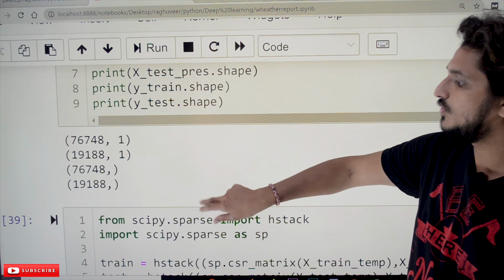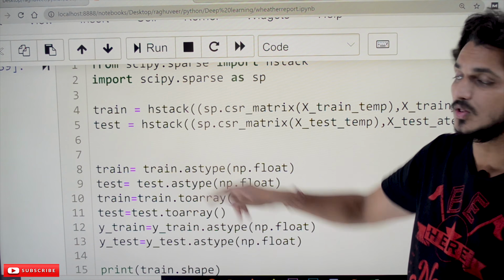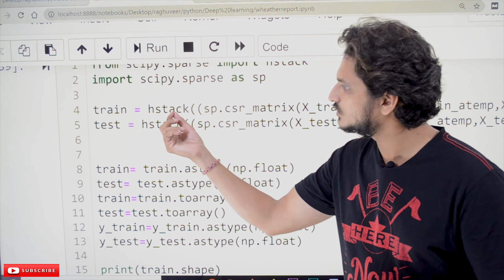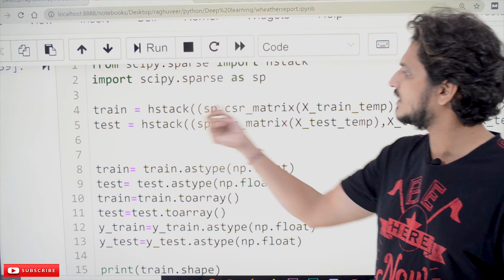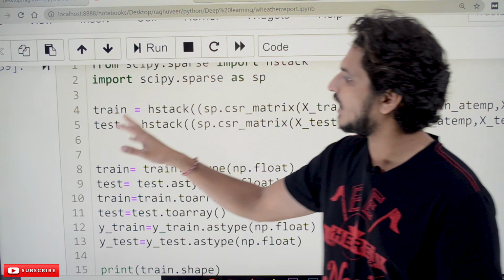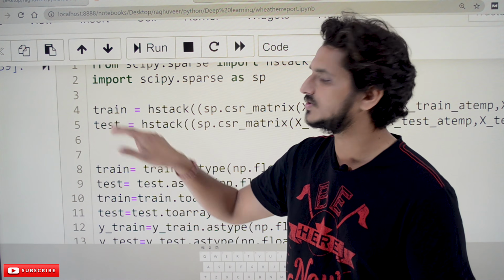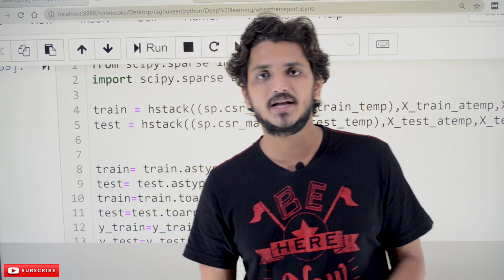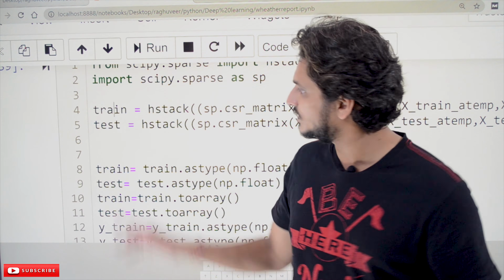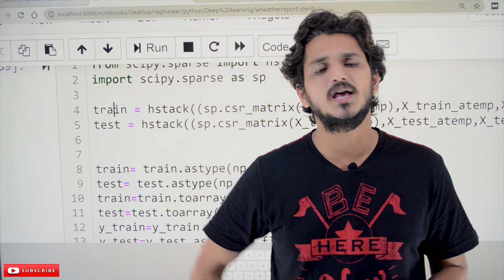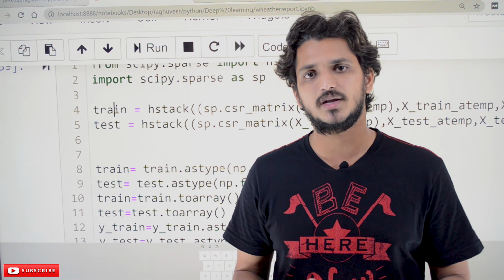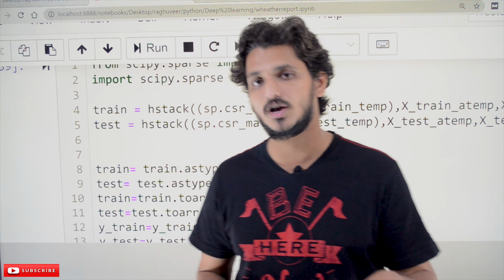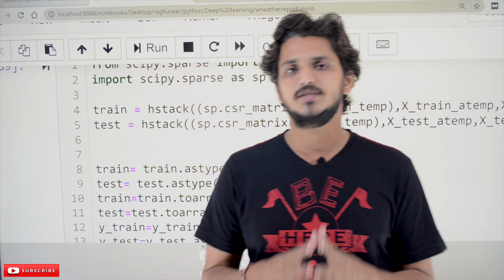After that, we have to combine all those columns. In order to combine them, what we use here is HStack. HStack is used to combine all those values, and finally we have got the train data and test data. This is what we have done in data cleaning and data pre-processing. In our next class, we use these train and test data sets to construct a neural network. What packages we need, and how to implement the neural network, will be discussed in our next class.